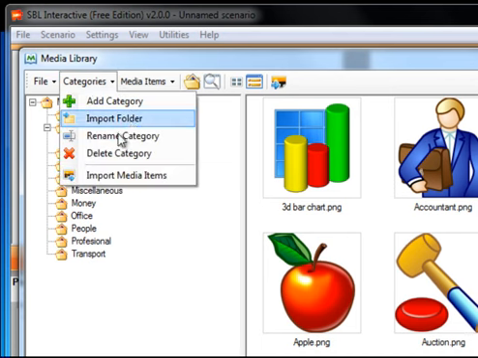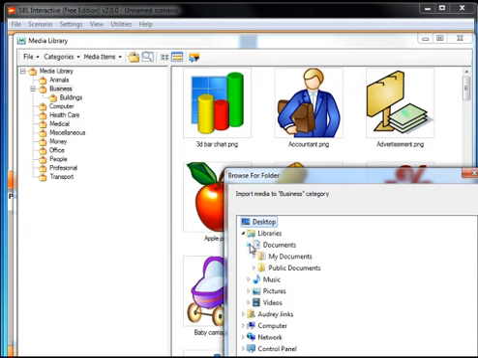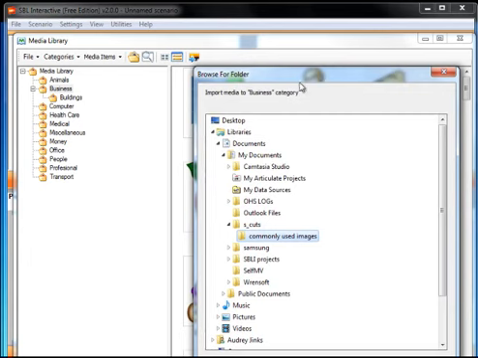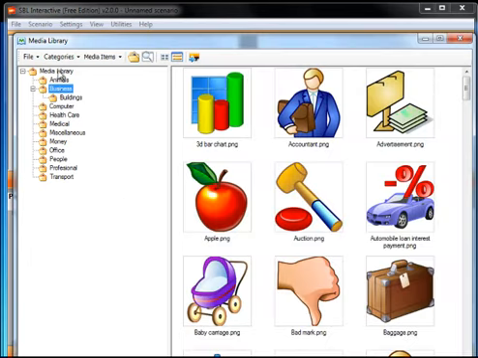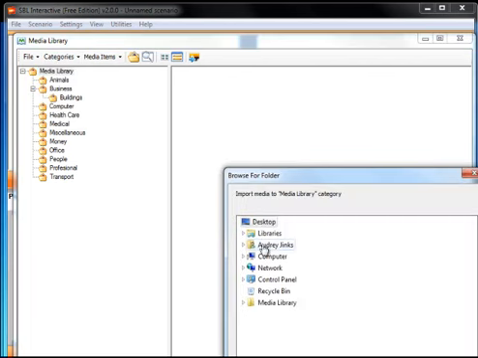Okay, next one, we can also import a folder. So if you have some images that you've already created and you want to import it for a particular project, then we'll say import folder. And I happen to have one that I call commonly used images. Now, here's a common mistake. I'm currently sitting on business. I don't want to do that, so I'm going to cancel. I want to be on media library before I import that folder. So import folder,